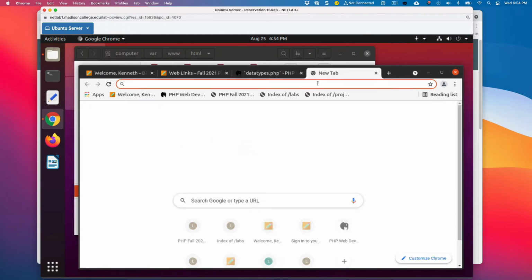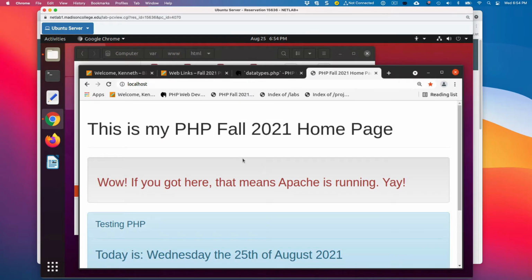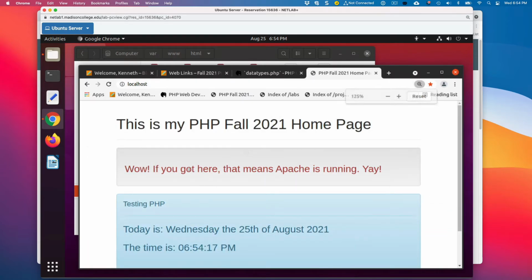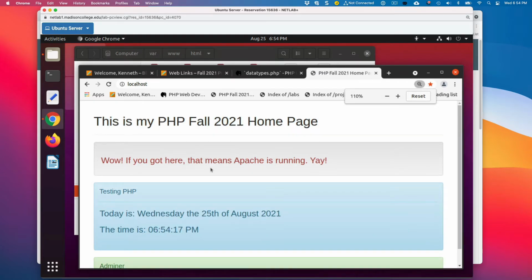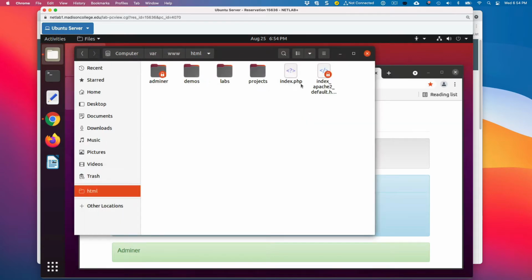We're going to start off at localhost. And this page right here, let's make that a little smaller. Oh, one more. There we go. This page right here is the index page, and that is right here.